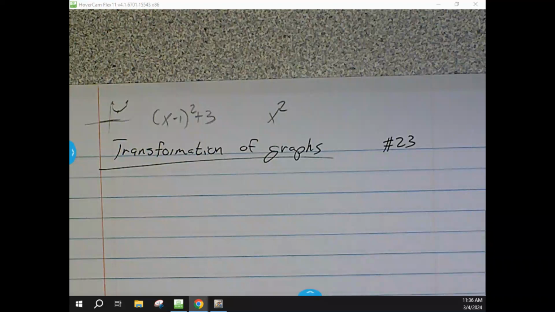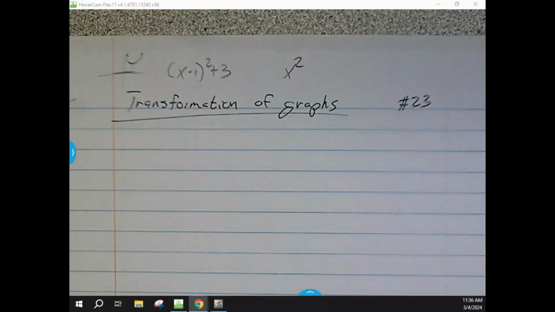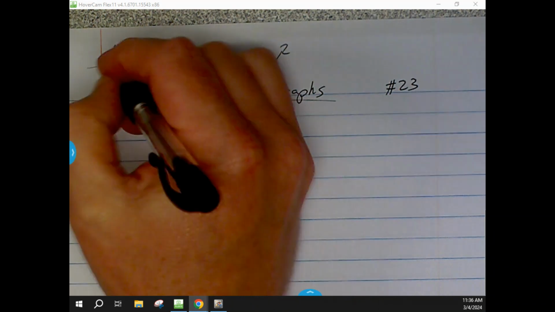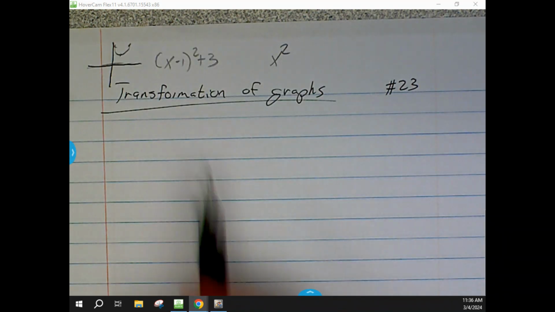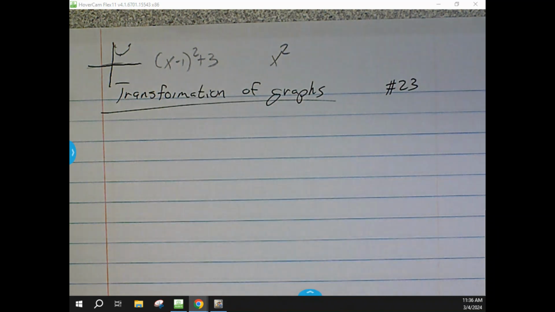All right, so for these, we're doing new graphs. And again, they're going to be very similar to when we were graphing x squared. Big thing going back to doing those. Again, if we were graphing x minus 1 squared plus 3,